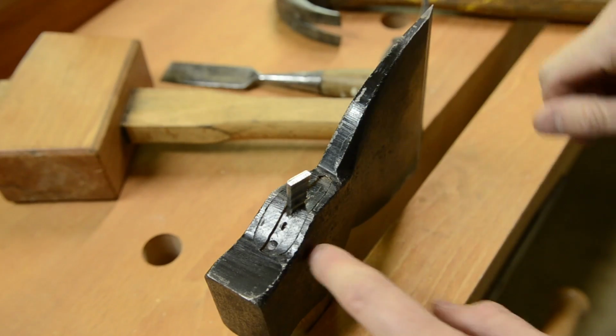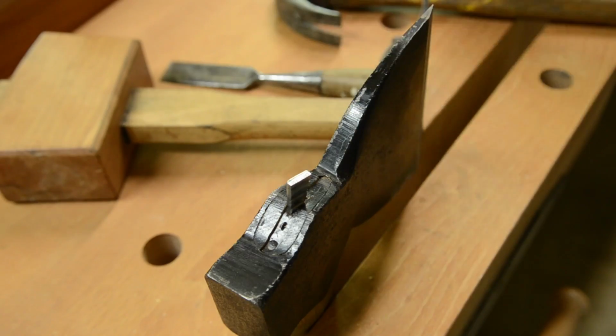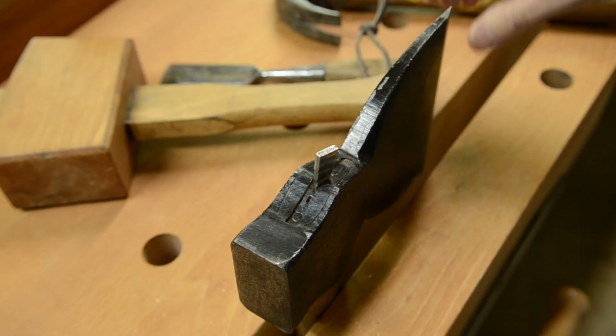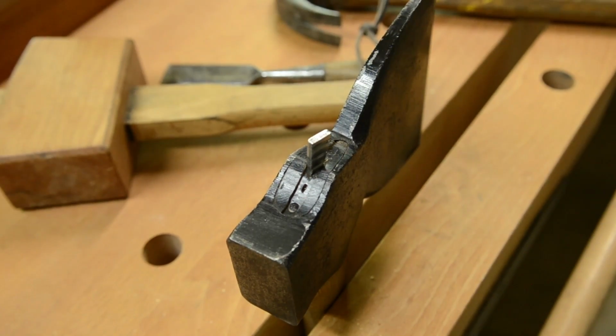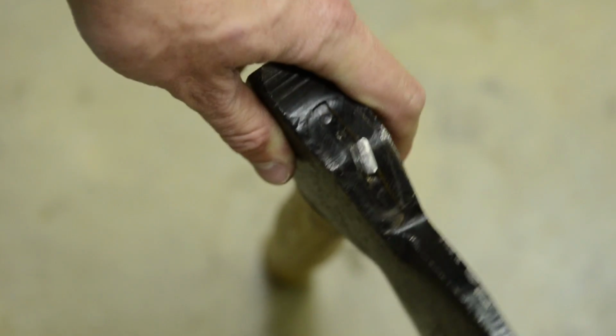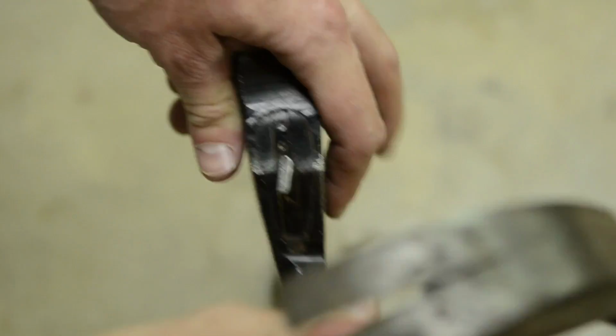Now let's see, you'll notice it's pushing the wedge down, so what I should probably do is give it some wax on the floor. That's what I'll do. I'll pause it right here and we'll get it down in there. Okay, so I'm having to put it down on the floor, so you might as well just start on the floor. So to keep the first wedge in, I'm just